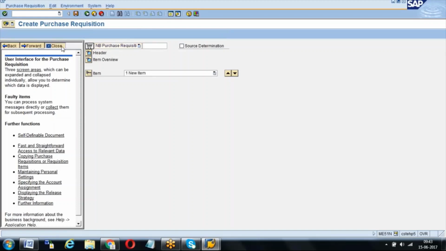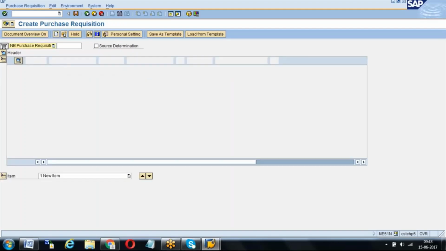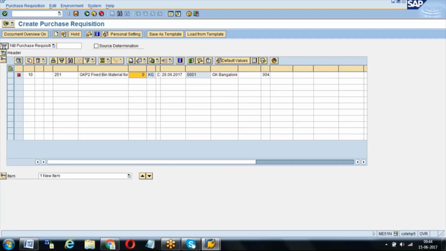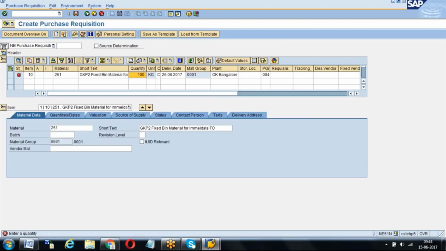When I create the purchase requisition, item overview, material is 251, plant is GKP2, quantity 100 kg, storage location 0002. Okay, click on check button. Everything is done.